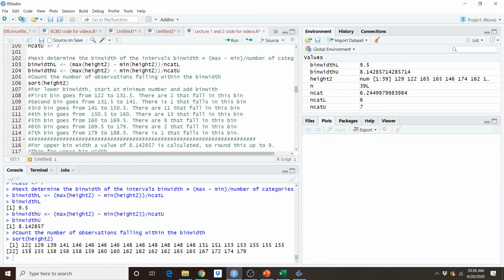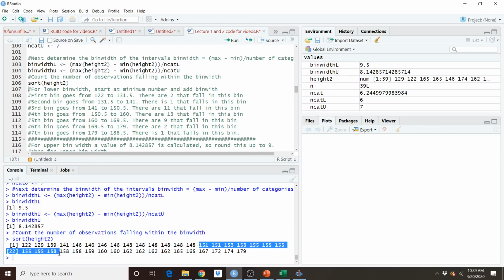Well, I could say, let's start at 122. And so my first bin would be 122 to 131.5. That's 9.5. There are 2 that fall in this. And then my second bin, 131.5 to 141, there's 1 that falls in. My third bin goes from 141 to 150.5. And as you can see, there are 11 values in this bin. From 150.5 to 160, now I look, there are 1, 2, 3, 4, 5, 6, 7,